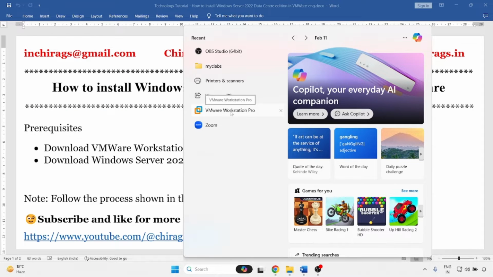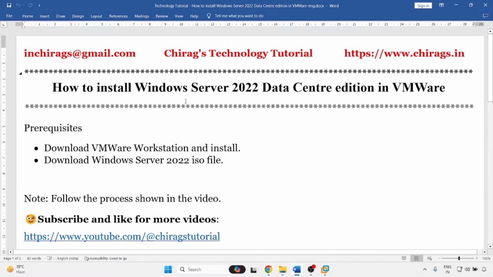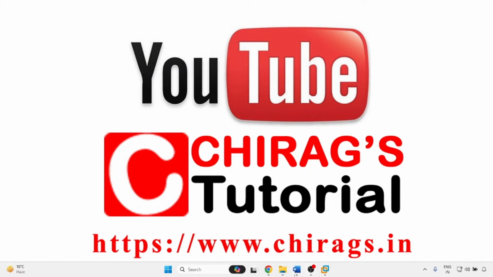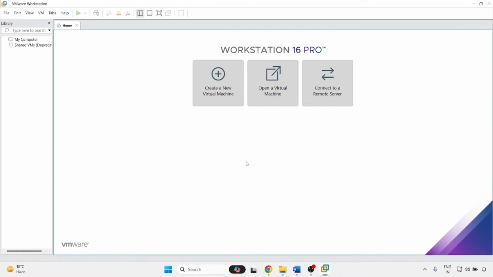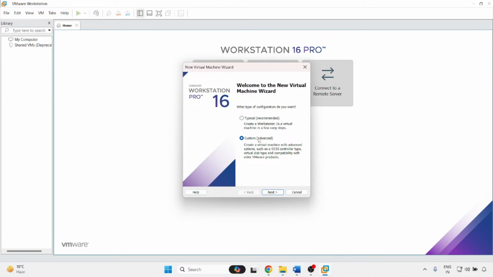So this is my VMware Workstation Pro. Here we'll learn how to create a virtual machine and how to install Windows Server in VMware Workstation. So first open VMware Workstation. Just go to the file menu, and there is an option, new virtual machine. So click on new virtual machine,